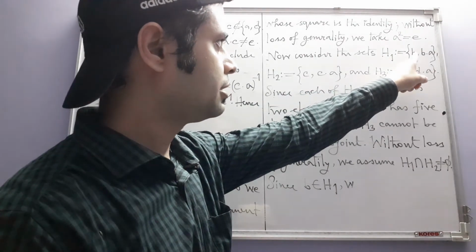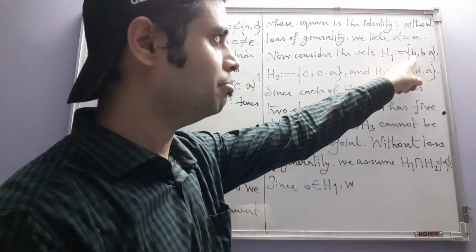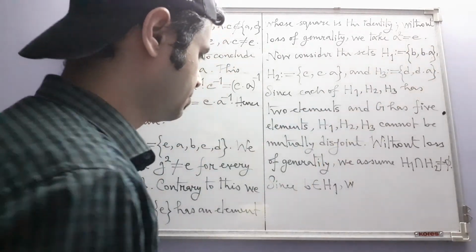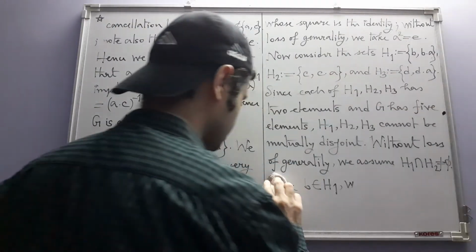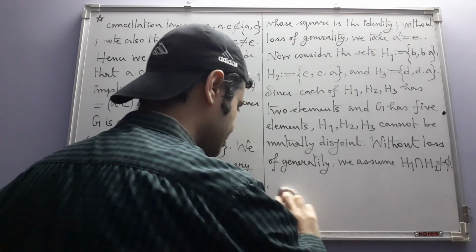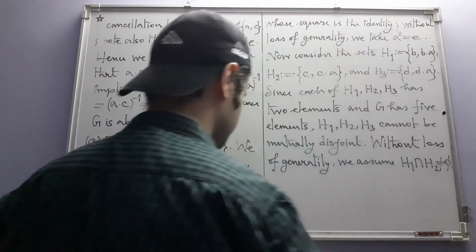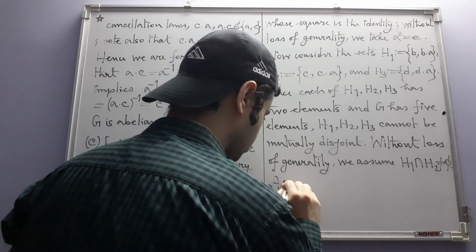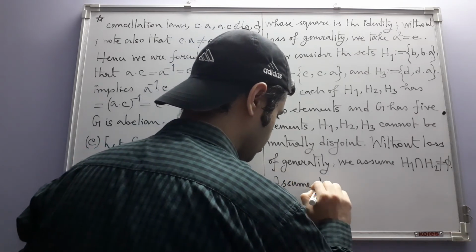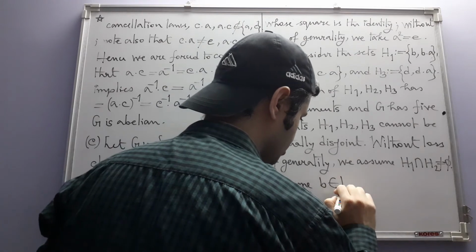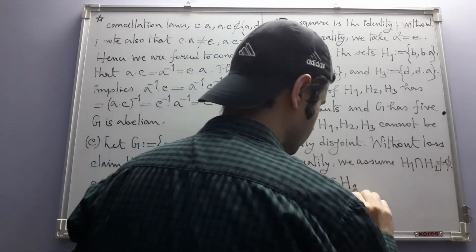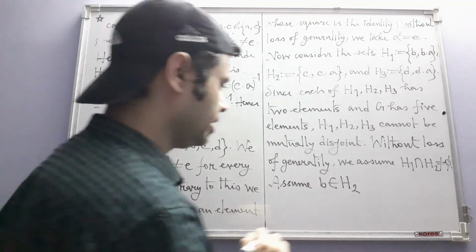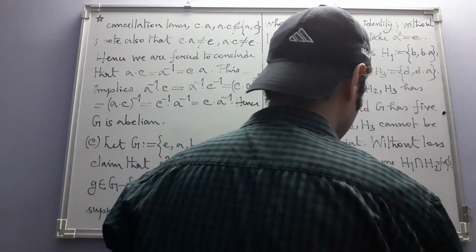That common element can be B or it can be B dot A also. So let us write like this. Assume B belongs to H2. B is already in H1. Now suppose it belongs to H2. Then